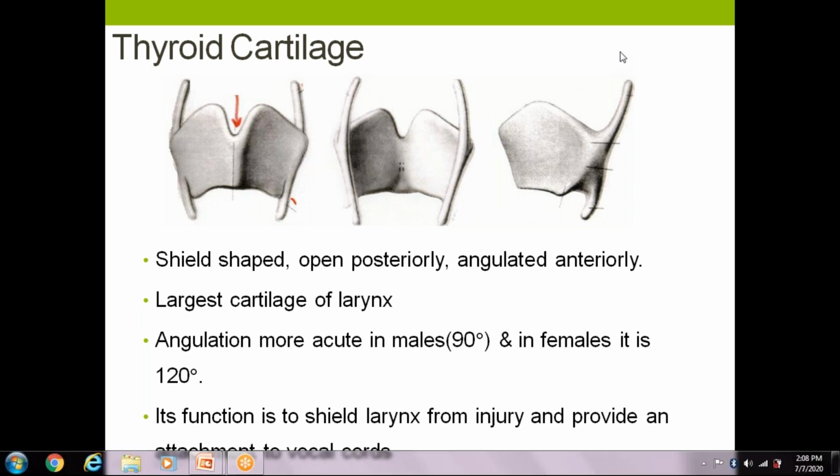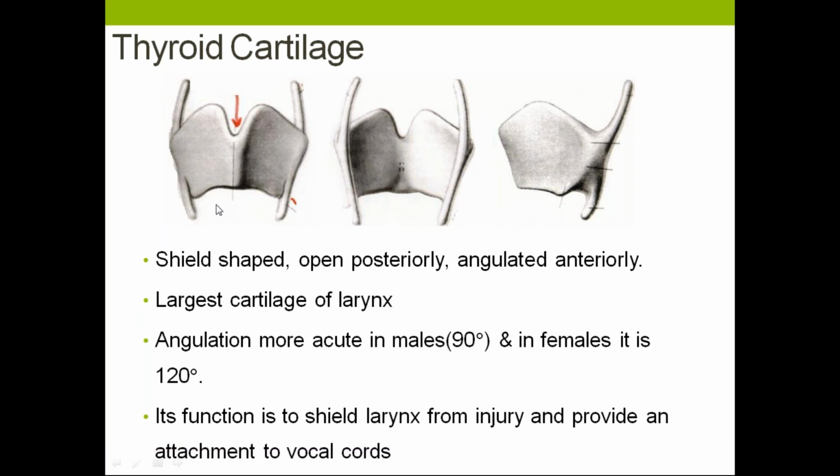So first cartilage, we'll see unpaired cartilage, that is the thyroid cartilage. Just see the picture. The shape of the thyroid cartilage here is shield shaped. It resembles the shield of a soldier in the war. It is open posteriorly and it is angulated anteriorly. It is the largest cartilage of the larynx, and if you see, the angulation is more acute in